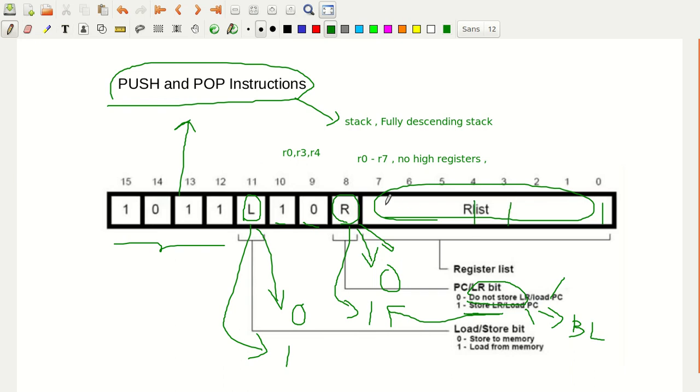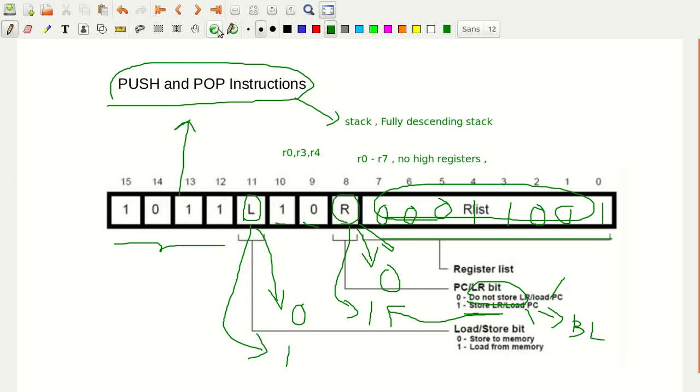All the rest will be 0. So in this R list, since R0, R3 and R4 have been used, those bits are made 1 and the rest are zeros. That's why only R0 to R7 are used, and the high registers are not. This is about the instruction format.